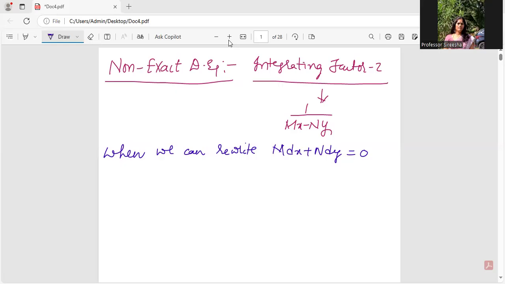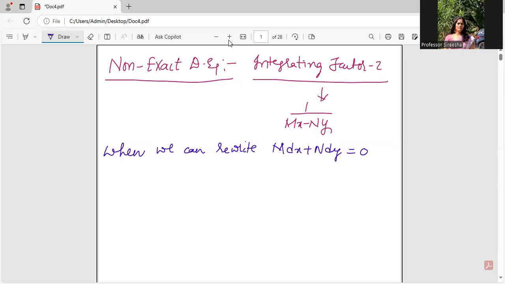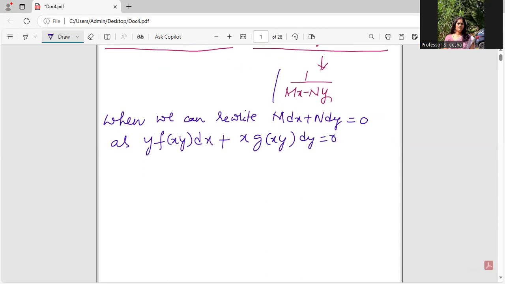Okay, coming to non-exact differential equations of the type 2 of integrating factor 2. See, if I can rewrite M dx plus N dy in the following format as y into a function in xy dx plus x into a function in xy dy equal to 0, if I'm able to rewrite it like this, then this integrating factor works. What's the integrating factor? 1 by Mx minus Ny is the integrating factor